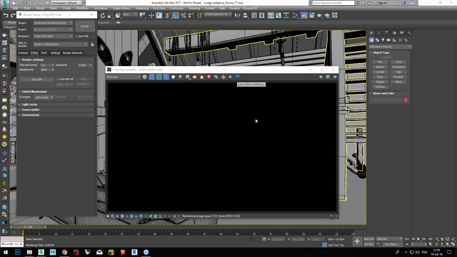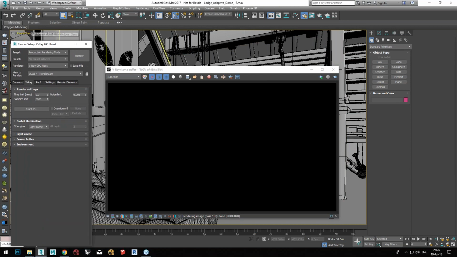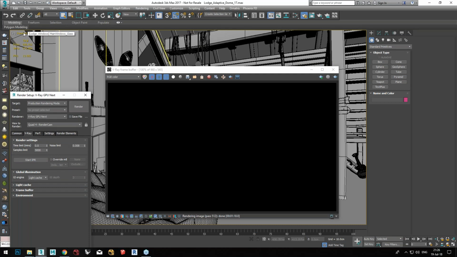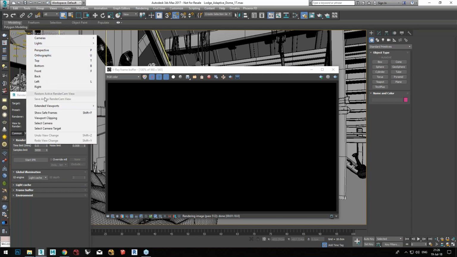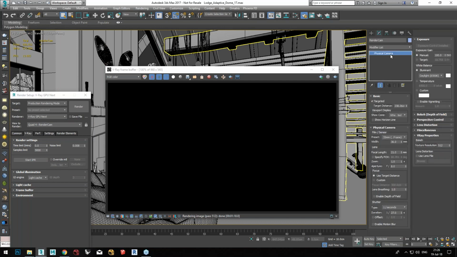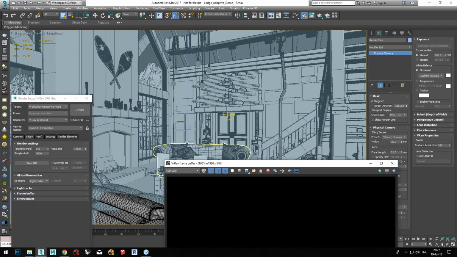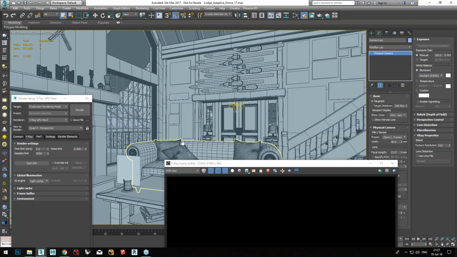Veso, you can share your screen when you're ready. Okay, go ahead. So I think the answer is yes, you can use it using the perspective. For instance, right here I have my render camera, which I think is a 3ds Max physical camera in this case. But if we switch to perspective, for example,